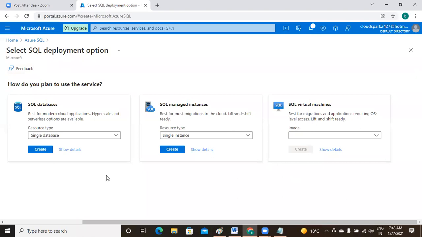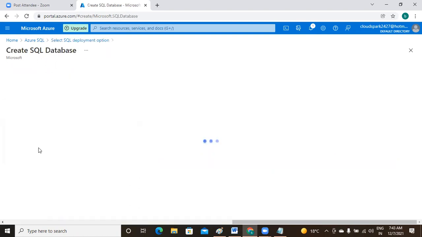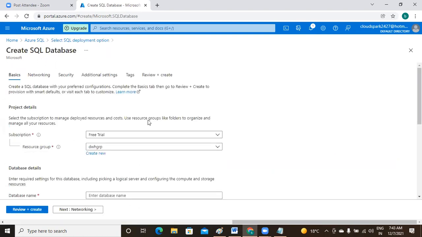Within these 3 types will be there: SQL databases, SQL managed instances, and SQL virtual machines. For now, I'm going with SQL databases. Later, we'll understand the difference between managed services and normal databases. But the process is same for any variety.